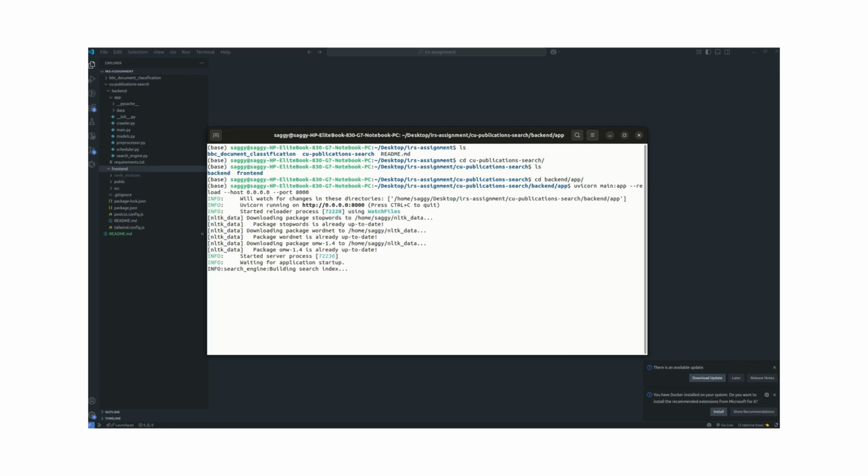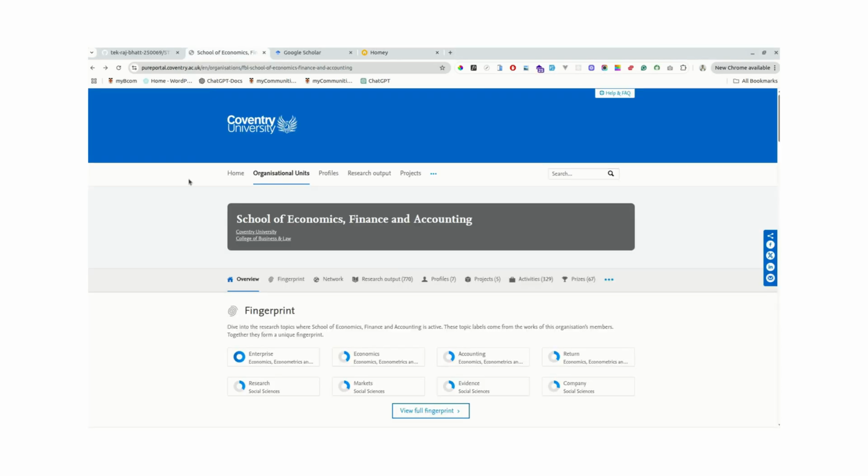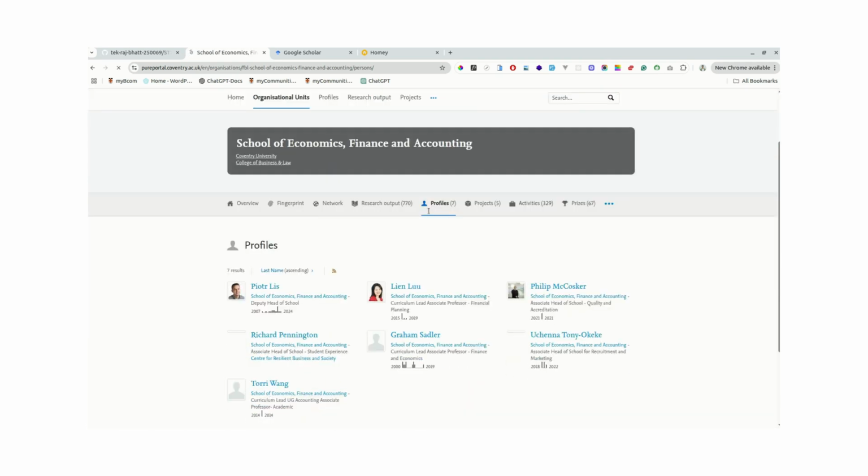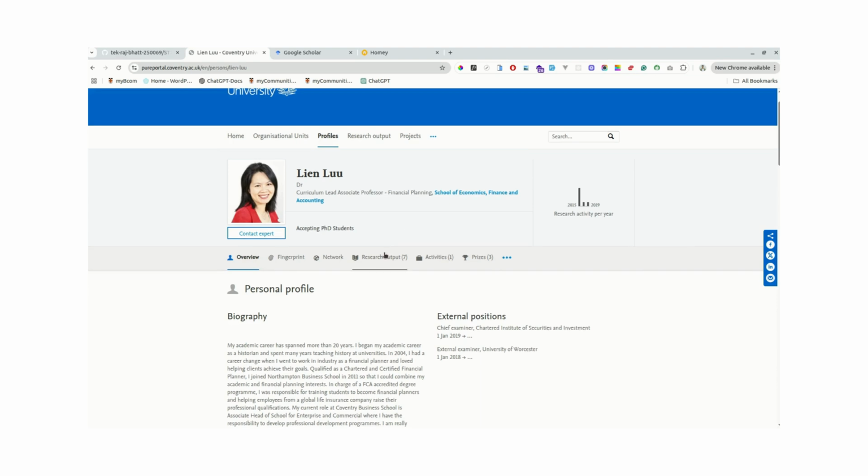So I'm running the backend, and it will crawl the data first, and then it will build the index for those searches. Since I have already done it, it does not take that much time. While crawling the data, first it goes to this department page, and since we need to scrape the data of all the department members, the crawler goes to the profile page, and then to the research output